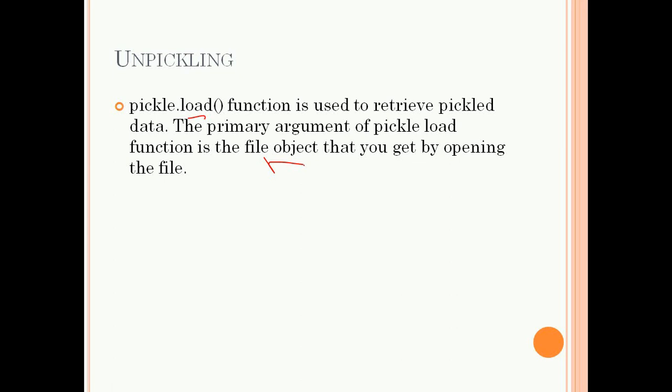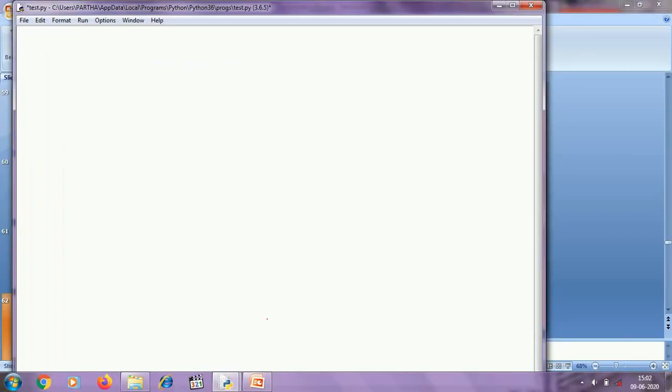Now I am going to show you how to write to a binary file and how to read from a binary file using the pickle module. And for that I am going to write a simple program for you. Let's see. So at first I need to import the pickle module. Import pickle as p. That means we are importing the pickle module and we are giving a nickname p for the module pickle. That means using p we can access the pickle module.